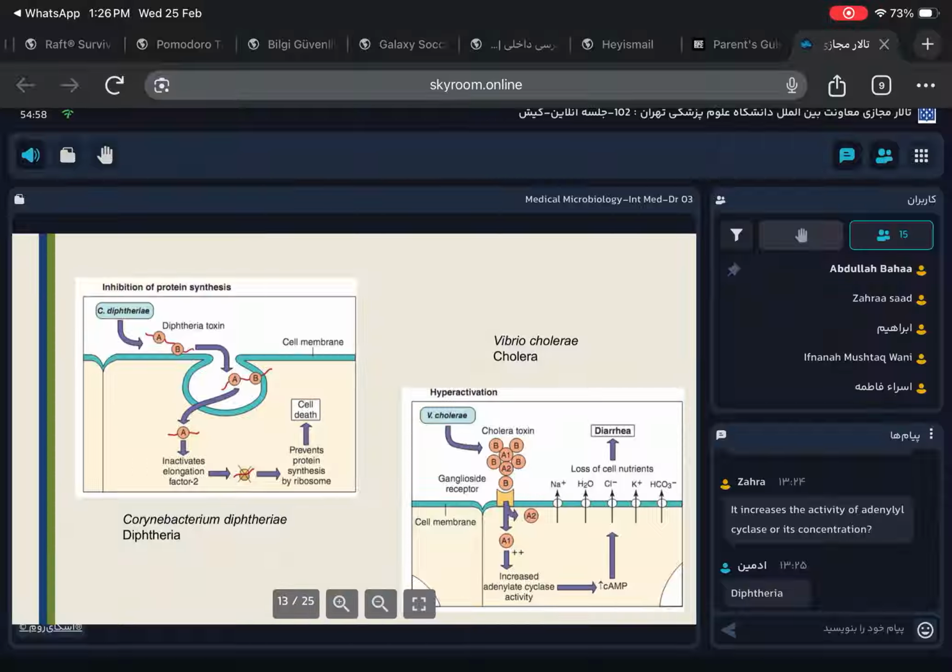It's the causative agent of diphtheria. We have two types of diphtheria: respiratory diphtheria, and also cutaneous diphtheria or wound diphtheria. The dangerous one is the respiratory diphtheria. It's a type of pharyngitis. The patient suffering from respiratory diphtheria has the infection in their pharynx, they have pharyngitis, they have fever,